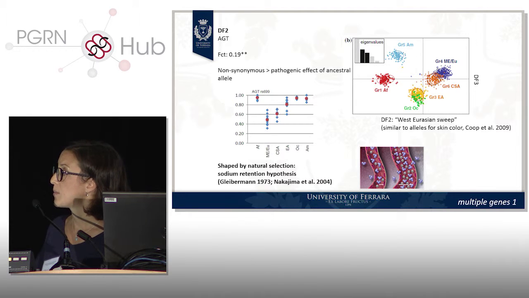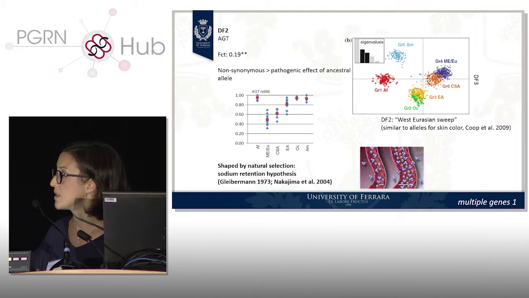I picked this one because there is an interesting evolutionary hypothesis behind this pattern, whereby you see here that the ancestral allele is very common and almost fixed in African populations, but it becomes even the minor allele in some European populations. The reason for this was investigated in several papers, and